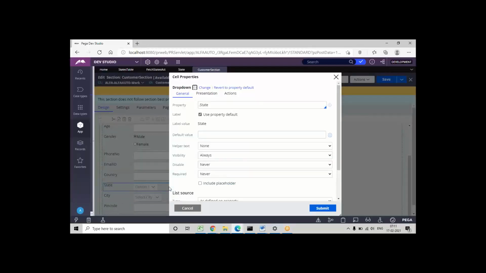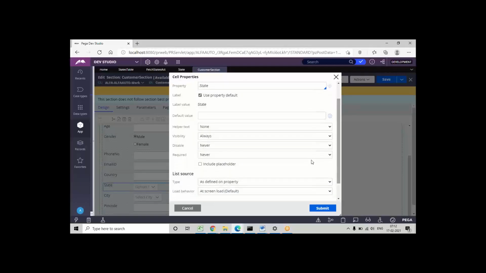But one thing is, earlier when we had static data, the caption was already given. But now after removing the static records, the caption will not be available. Caption means nothing but the starting value or default value. So we need to provide a caption if we are loading dynamic records. Here you will have an option called include placeholder.